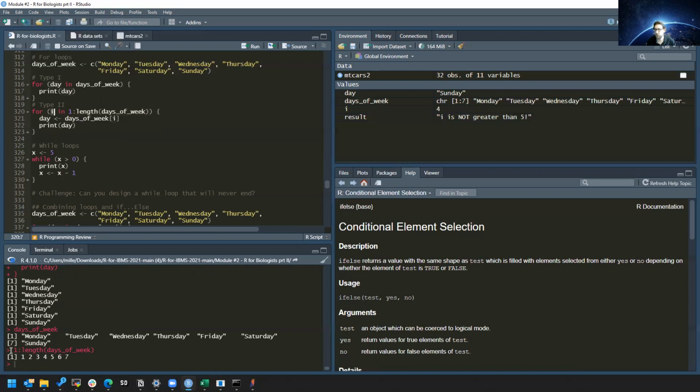When i is 1, we can grab the first element of days of the week, assign it to day, and then print it. So this is just more of a convoluted way to do the same thing we were doing up here. There are lots of reasons why you would want to do this. There's lots of circumstances in which this arises that you would very much want to have an i rather than having to get day. So let's say, for example,